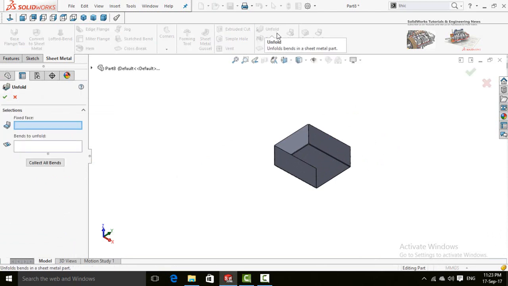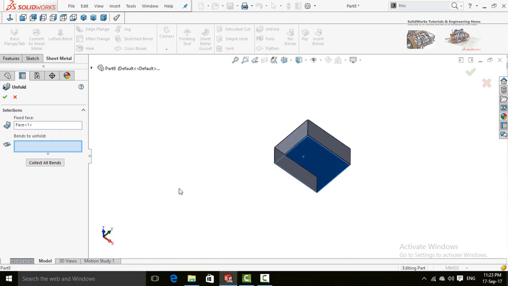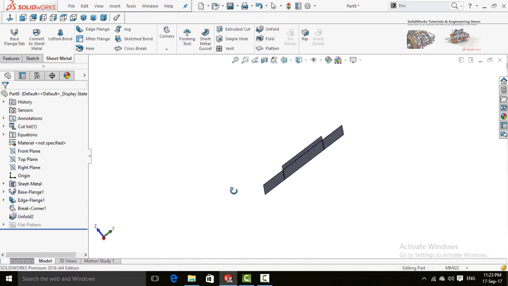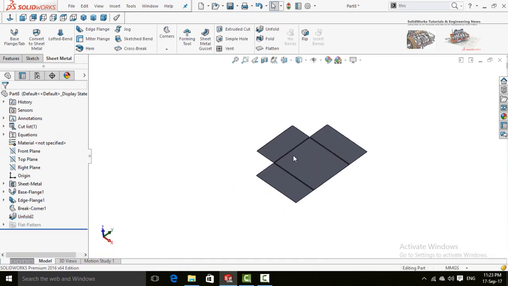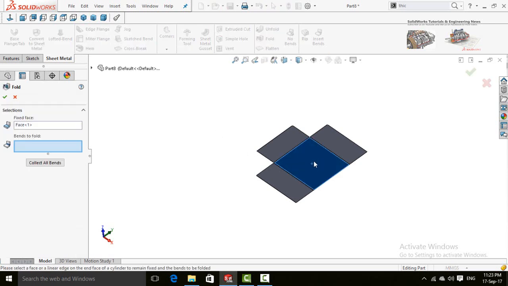Click on unfold command, then select fixed face, which is this face. Now bands to unfold. To save time, select collect all bands and then press OK button. See, now to undo this operation, select fold command. Similarly, the fixed face is pre-selected. Now click on this button, collect all bands and press OK button.